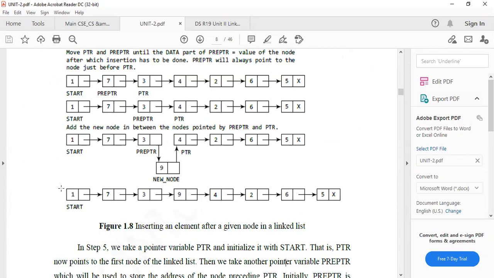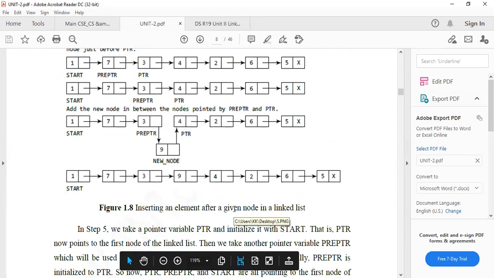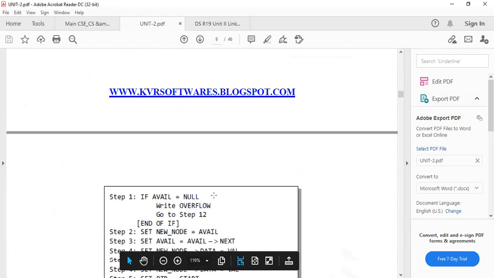After initializing, it traverses from the start onwards and will come after 4 here. So this is the new link added. Here after 4, the value will be placed.